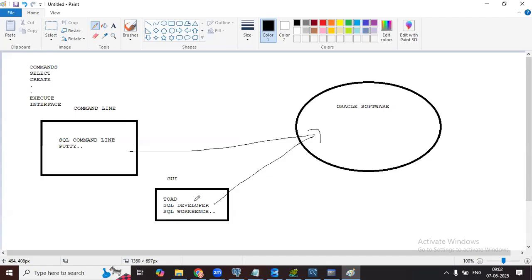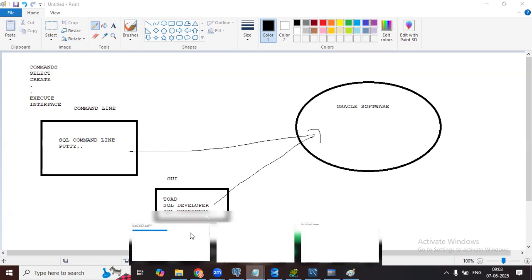If you're going for a business analyst role, with Oracle as the database, you'll mostly use a GUI tool and not touch the command line, but I'll still cover both. It's up to you which one you use, based on the project and role.